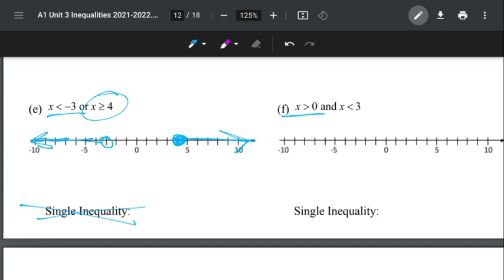Letter F, X is greater than 0. Oh, it's an and problem, so I'm going to just do a dot, another dot, and since it's and, there's a bar in between. To write it as a single inequality, we have our left number, our right number with an X, and then our symbols. We're going to practice this more during the next lesson, but as always, if you have any questions,